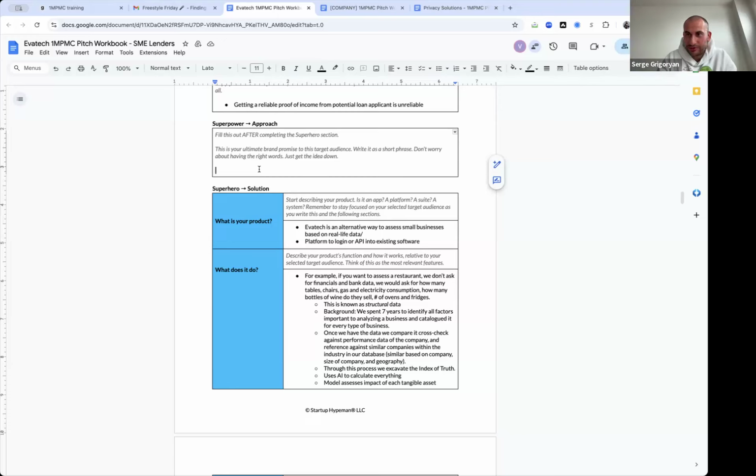Non-bureaucratic small business loans. Well, maybe these are not very stylish words, but yeah. No hassle. Okay, and what do you mean by that? No hassle, like easy SME loans. Yeah, I think so. I like how you very quickly course corrected from non-bureaucratic to no hassle. Nice. Okay, no hassle, easy SME loans. Great.